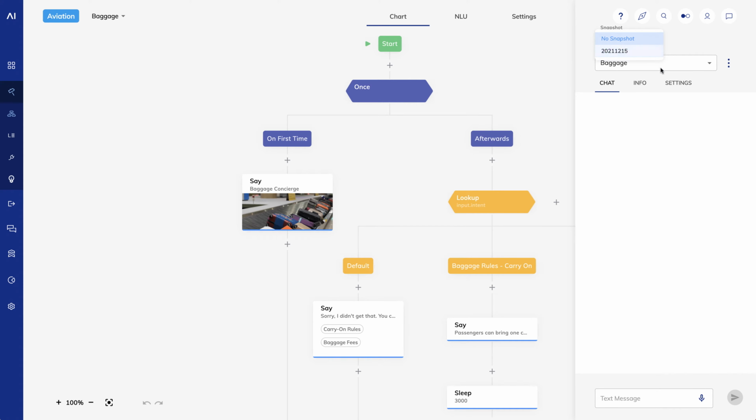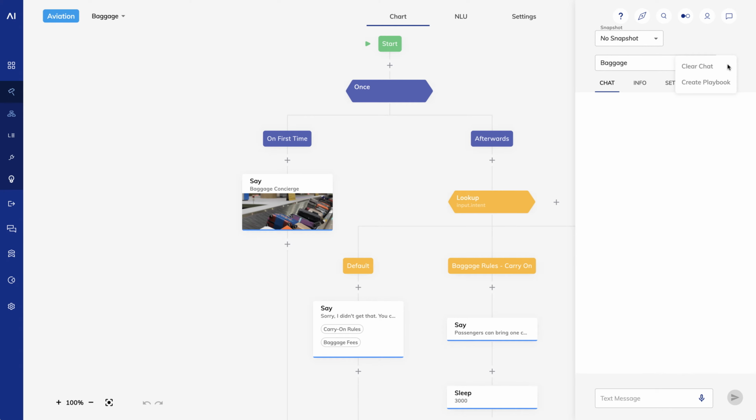Below the snapshot field, there's a field that lets us choose the starting flow for our conversation. We haven't talked about working with different flows yet, but the more flows you have, the more you may want to test out different flows without having to leave the view of the current flow. So I can start the conversation here in my main flow, or I could point the interaction panel to any other flow in this agent.